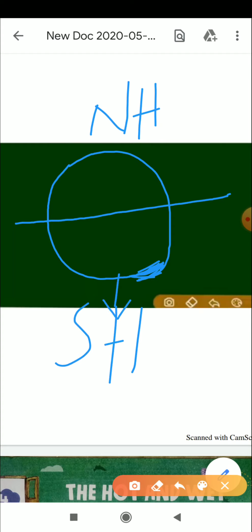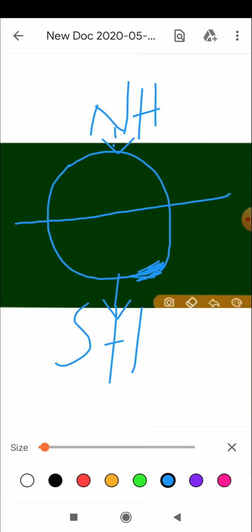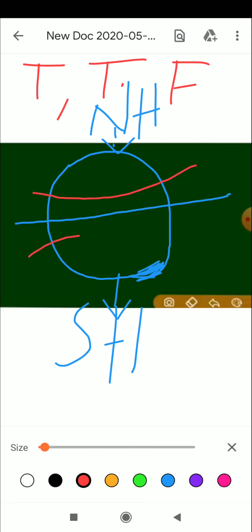The equator passes through the middle of the earth. Also, it can be divided into three parts according to temperature: torrid zone, second is temperate zone, third is frigid zone. Then I will draw this area, torrid zone.